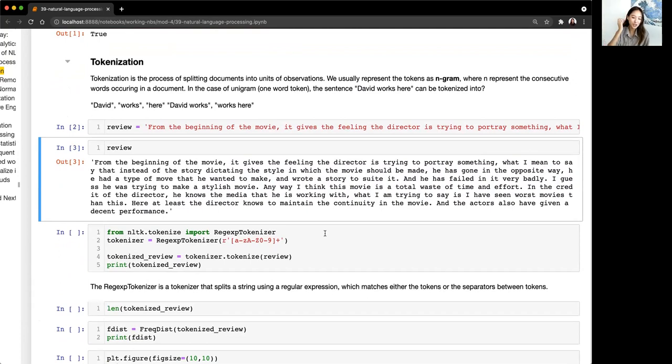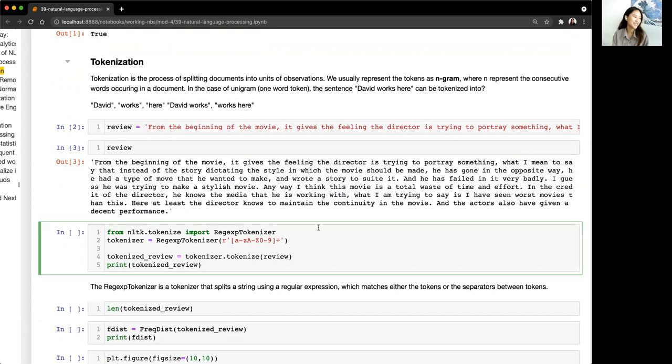One easier way, and it depends on your definition of easy, is by using Regex Tokenizer. Regex is something that I'm not going to talk too much about today, but there are a couple labs about Regex in your labs. And I do think if you're very interested in NLP, to take a look at Regex, and there are a lot of online exercises on Regex as well. I'll add some of those resources into the homeroom later today.